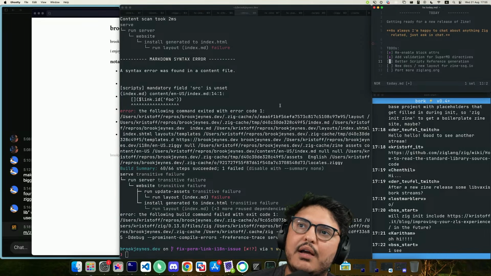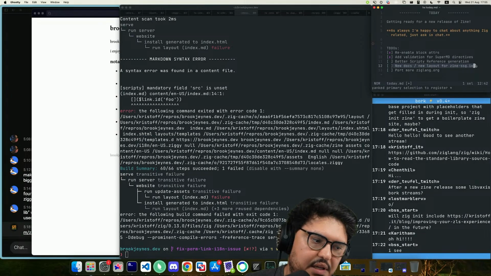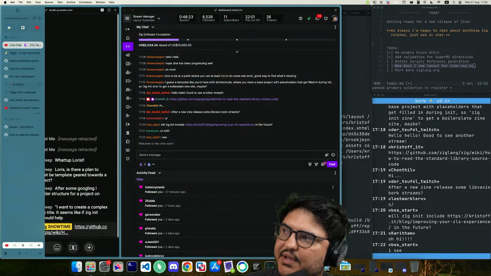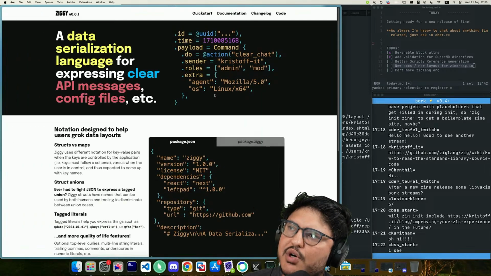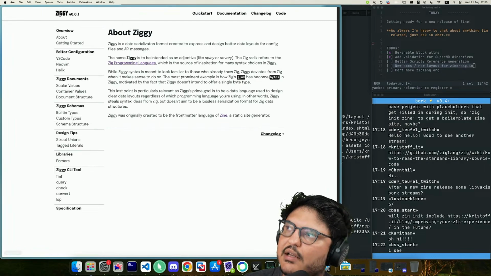And now these are the big milestones. Better script reference generation, new docs, new layout for Zine SSG.io. We now have enough things that need to be documented that we need to up our game. My plan is to probably have Zine SSG.io be more similar to this documentation section that Ziggy has,